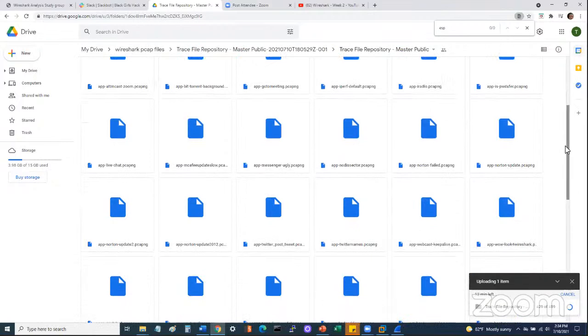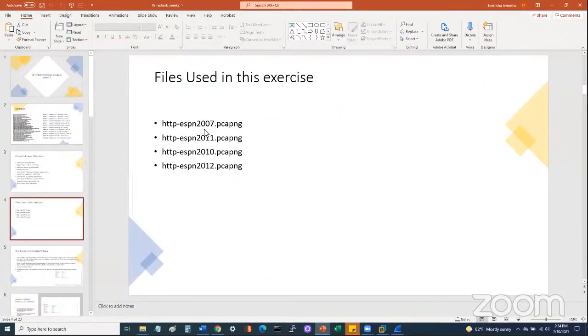At the end of each chapter, it says these are the files used in the exercises. If they're relevant to what we're talking about, you'll see a slide that says these are the files used in this exercise, so that you can get those files and use them to see whatever we're trying to see.